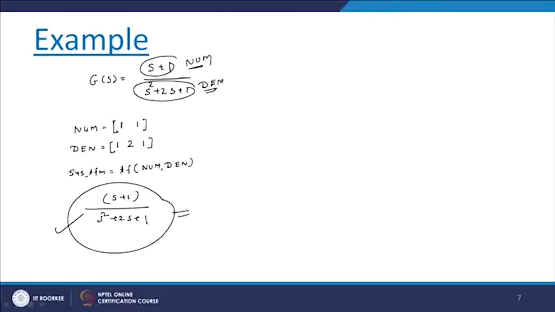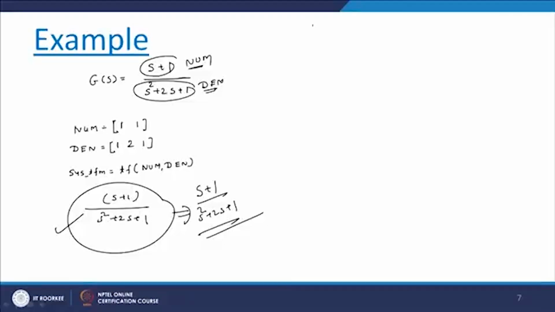Now we have got a transfer function model. Now what we want is to convert this transfer function, which is got by MATLAB, into a state space model. By MATLAB we get the transfer function model as (s + 1)/(s² + 2s + 1). This model we have to convert into a state space form. Now, as we have seen, the command which you can use here is